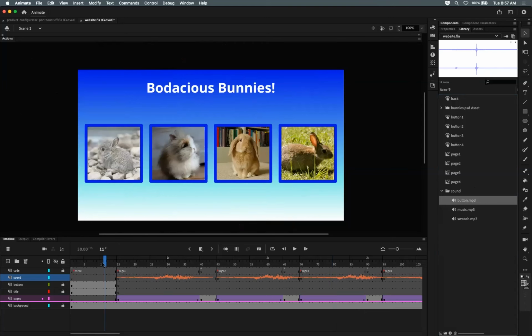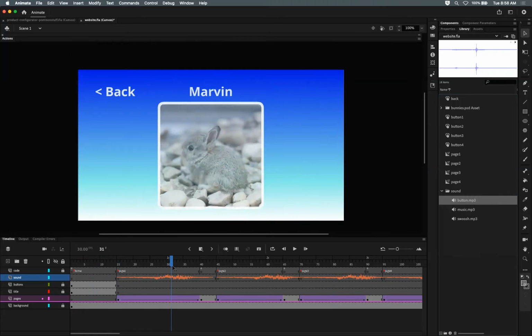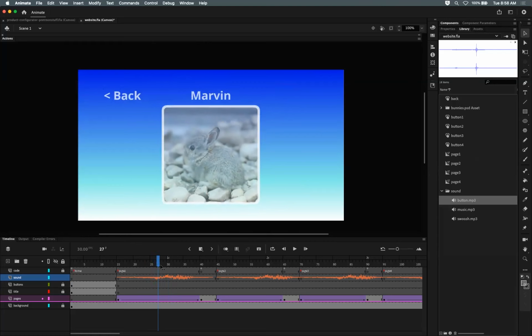So what I want to do is I want to make that click sound happen when I click any of these buttons. So it's really easy to add sound to a button because it really works the same way as adding sound to a timeline. Now again, on a timeline, it doesn't matter if you just go to and stop a frame that starts a sound or if you play through it. There is a way to kind of sync them, but we're going to stick with just the event method here,